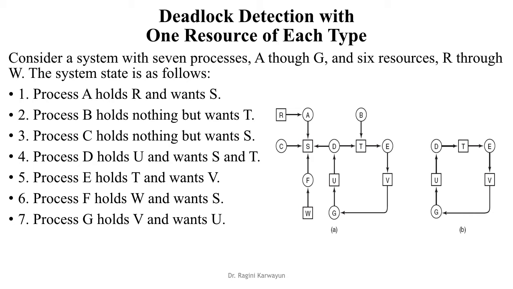Now, for D there is an outgoing arc going towards T. So, we will add D to L and then T. Then from T the outgoing arc is towards E, so we will add E. We will keep on marking these arcs as we have visited them. Then from node E we will move towards V, from V to G, G to U, and U to D. Now every time we add a node, we check whether it is already there in the list or not.